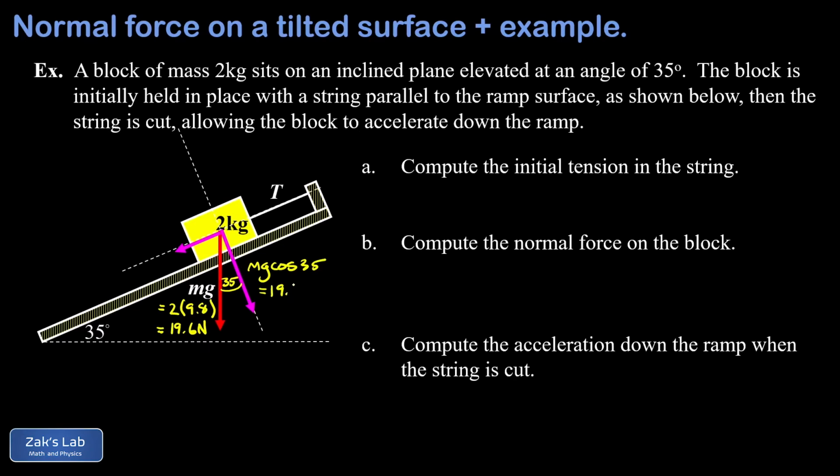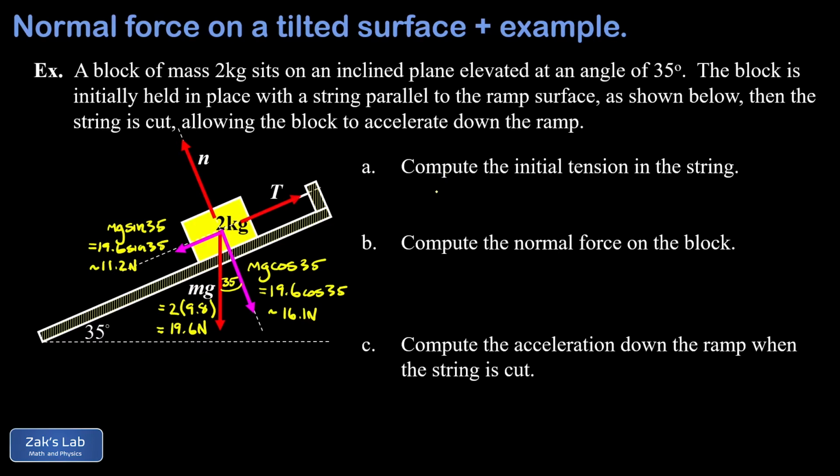That's 19.6 cosine 35, which gives us a magnitude of about 16.1 newtons for the perpendicular component. Our parallel component has already been translated to be attached to the mass itself. That's going to be mg sine 35, so 19.6 sine 35, and that's approximately 11.2 newtons. Next, we put our normal force into the diagram, and we'll get back to that when we talk about part B in the problem. And then our final force vector here is the tension pulling up and parallel to the